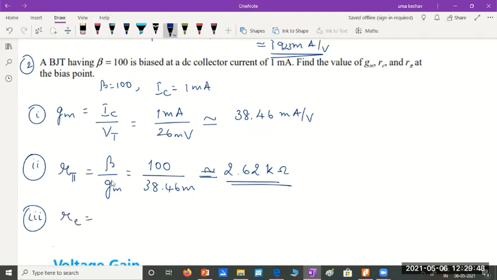The last one which we are supposed to find is RE. So how do you find RE? Simple, we had related RE to r pi. It is always better if you could use the previously determined values to find the next one. Can you relate RE to r pi? Ma'am, r pi is equal to 1 plus beta RE. Yes. So what is RE? r pi by 1 plus beta. Do it. 2.62 K divided by 101. Approximately around 260 ohms you'll get, I think. Is that correct?